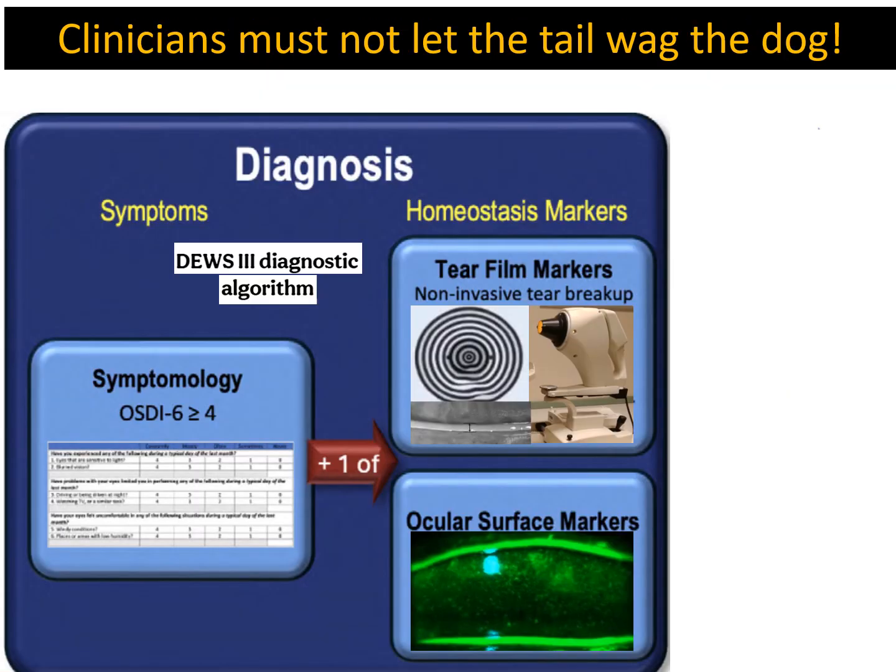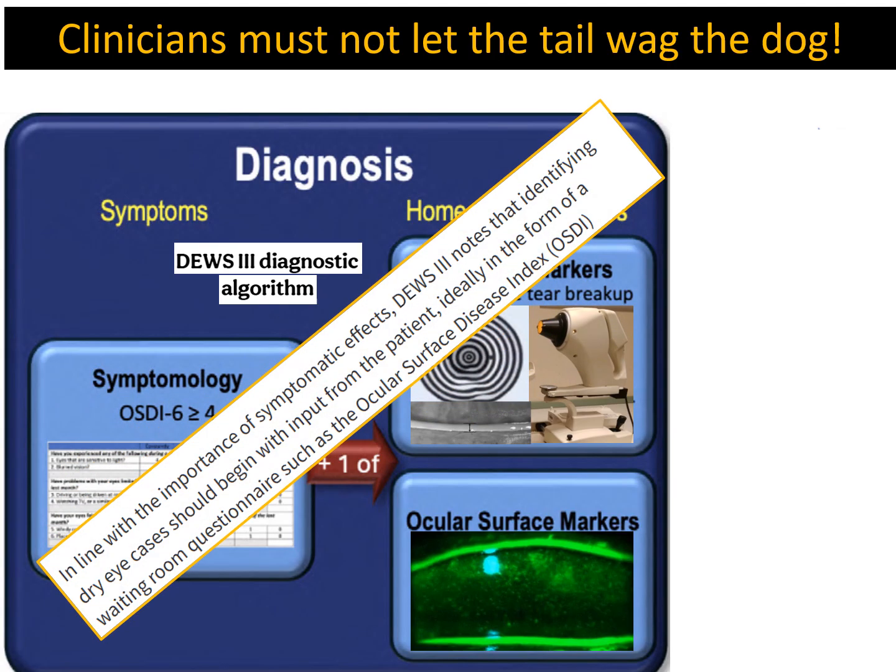Their primary goal has always been to allow rapid diagnosis of dry eye. The 3-point diagnostic algorithm is certainly quick, but is it effective? Step 1, complete the 6-point questionnaire, which they suggest could be administered in the waiting room before the clinician even sees the patient. And to me, this is totally ludicrous, diminishes the role of the clinician and the complexities of